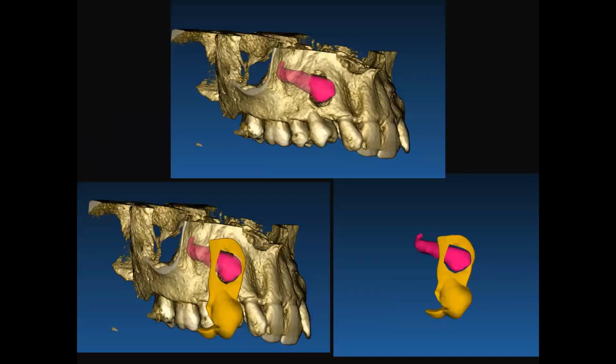Second, even in the maxillary sinus or maxillary canine region, you can use the same surgical guide. It can help to create the window and help you know how much bone you need to remove. At the same time, with the help of 3D printing, you can always educate your patient about the amount of difficulty you might face during the extraction. You can always print a model and show him the amount of curvature which is present in the apical one third, so there is a possibility of a fracture. So these are all things which help your clinical practice and help your third molar extraction become more and more easier.